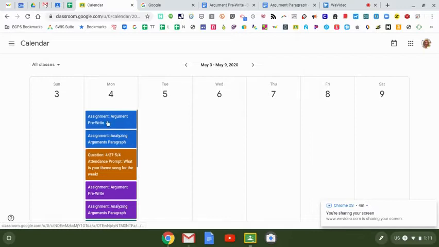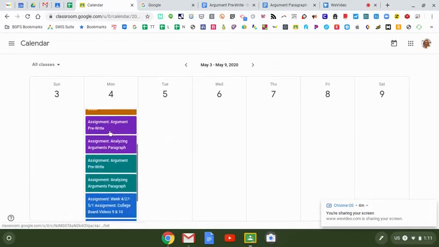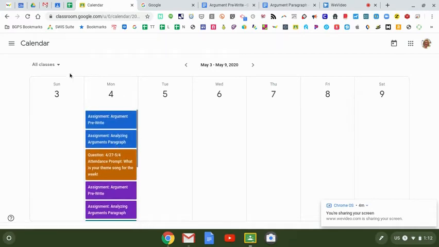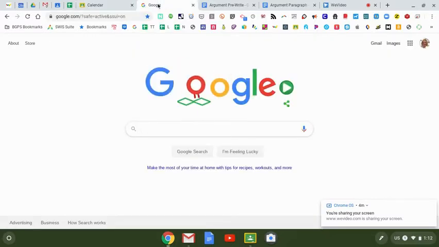And now I can see next Monday I have these assignments due. Okay. Now that's great for just seeing what's on my calendar from Google Classroom. But I really encourage you to use your Google Calendar